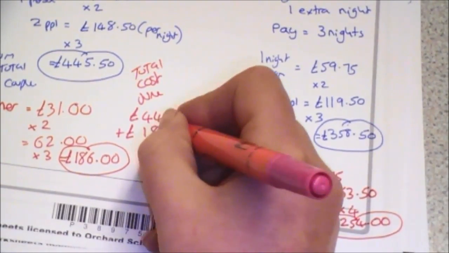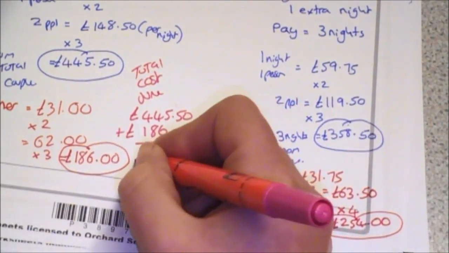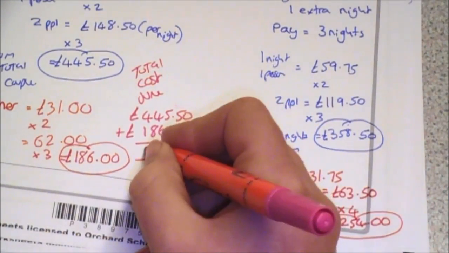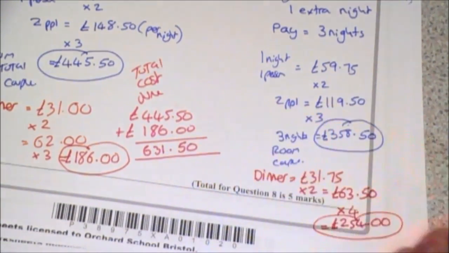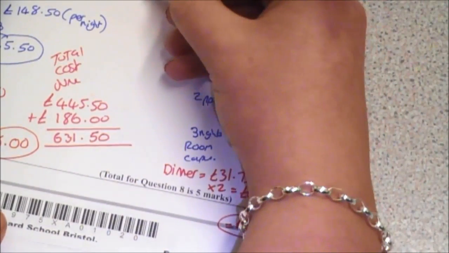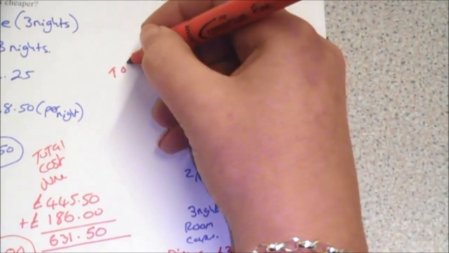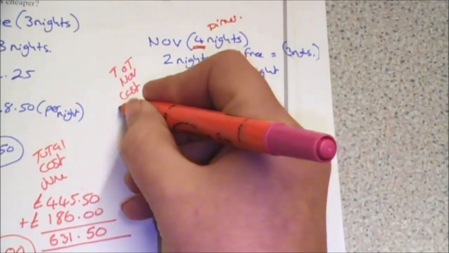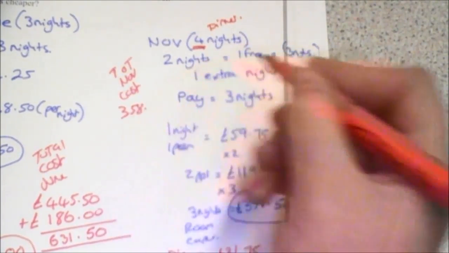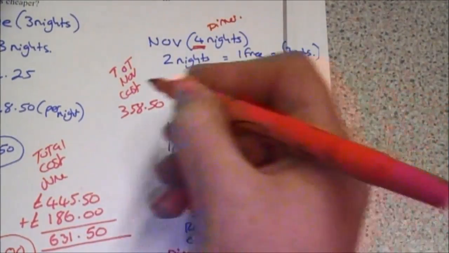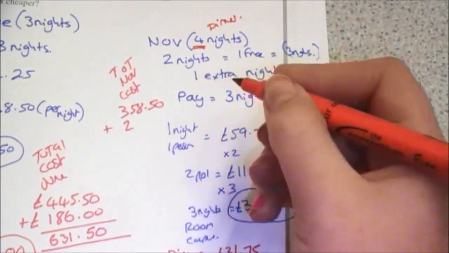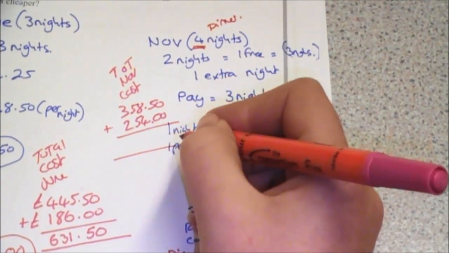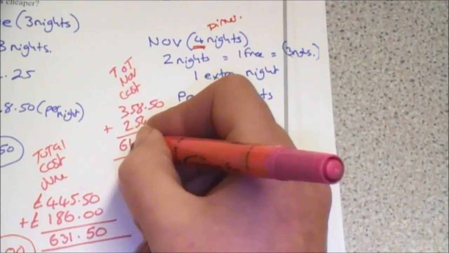Add my £186. And this is a calculator paper, remember, so don't try and do it mentally. That's going to give me £631.50. So now let's find my total November cost. My room costs £358.50 and my food costs £254 exactly. So when I add those together, that ends up costing me